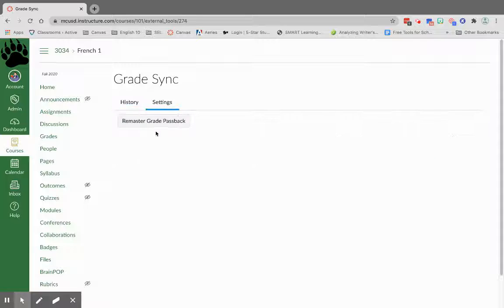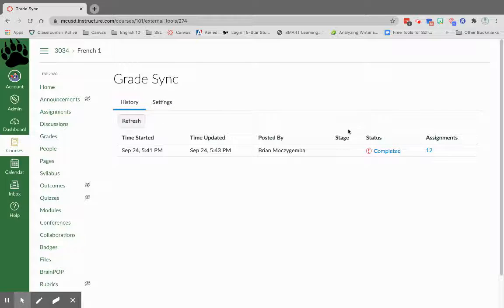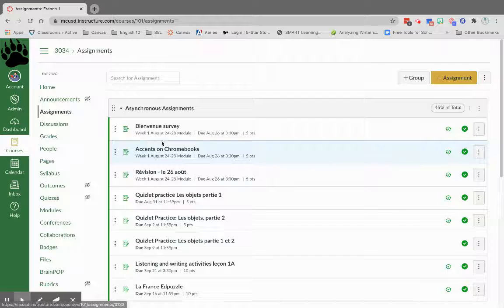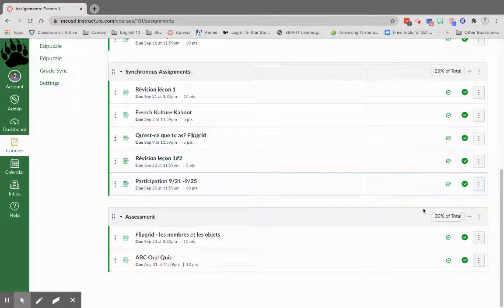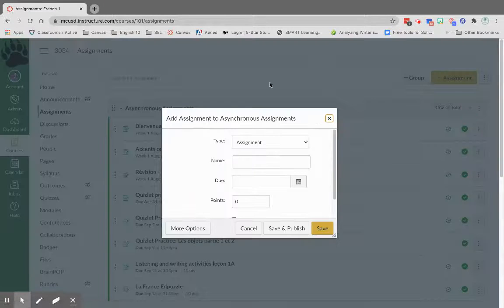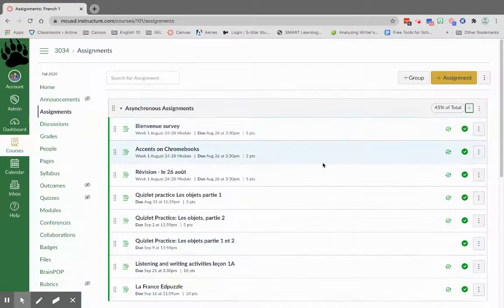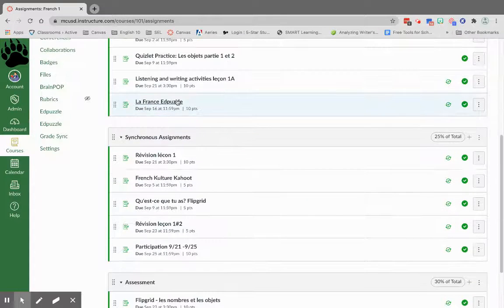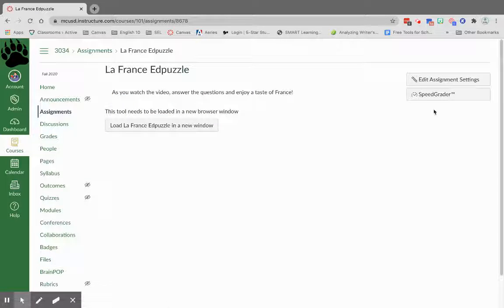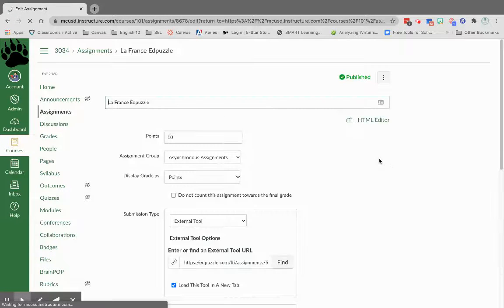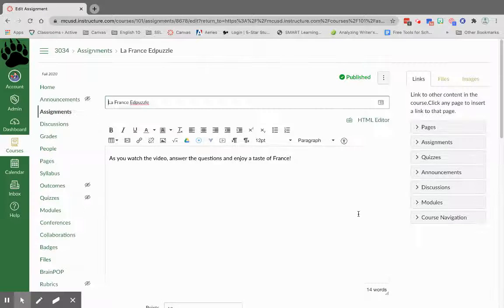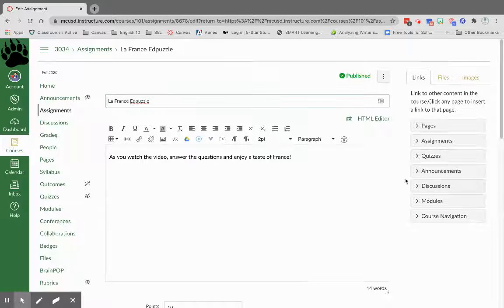Once you've remastered the passback with successful completion, you will do all of your future syncs through your grades page. To do that, you will create new assignments. And as you create a new assignment, you will have the option to toggle on or off sync to SIS system gradebook. So when you create your assignments,